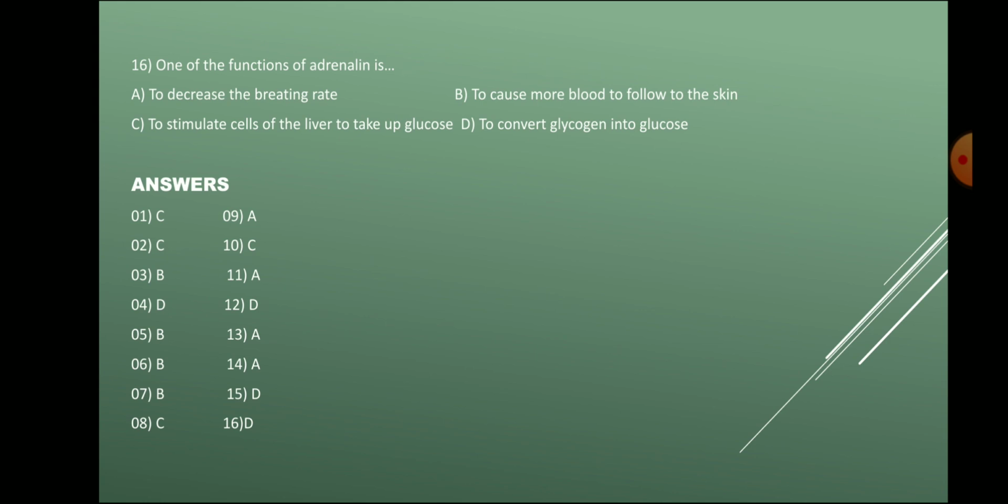That means with the help of adrenaline, the conversion of glycogen, which is the stored form of sugar present in the muscles and liver, takes place when glucose level is decreased in the body. This phenomenon occurs with the help of adrenaline, which is secreted by the adrenal gland. So the correct option is